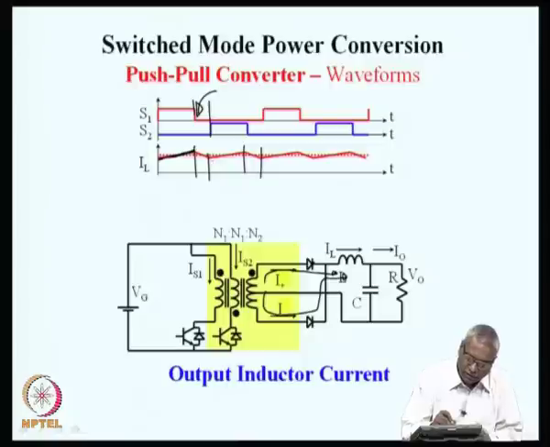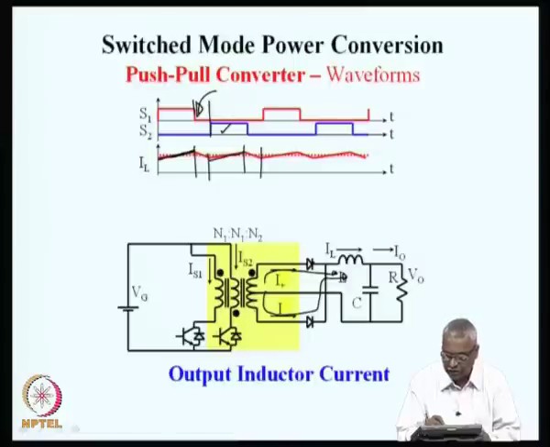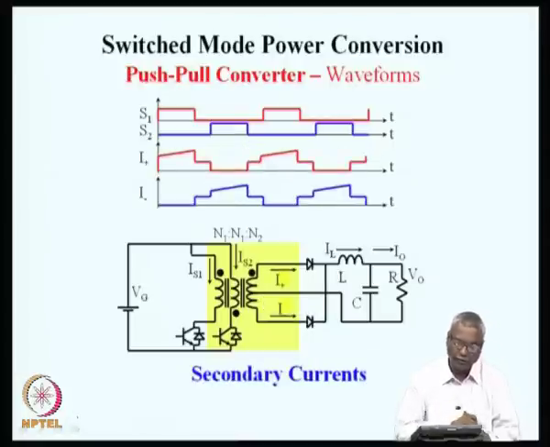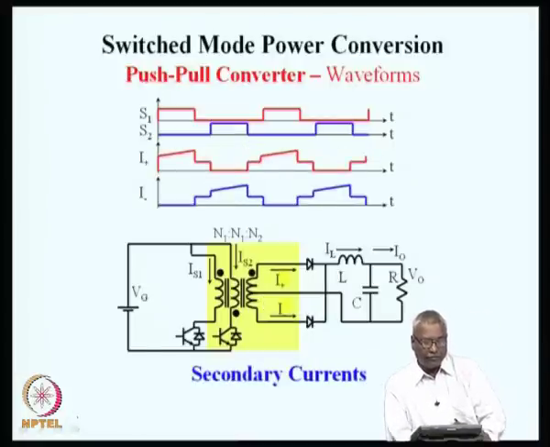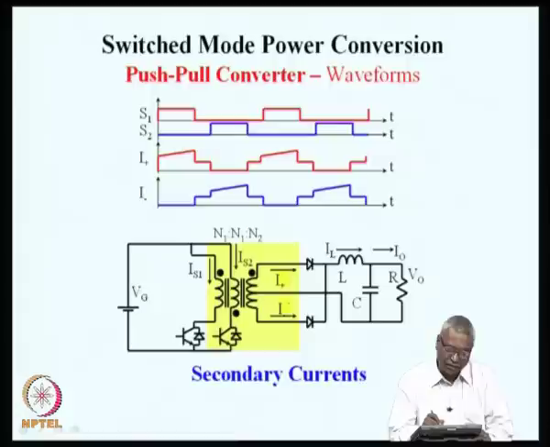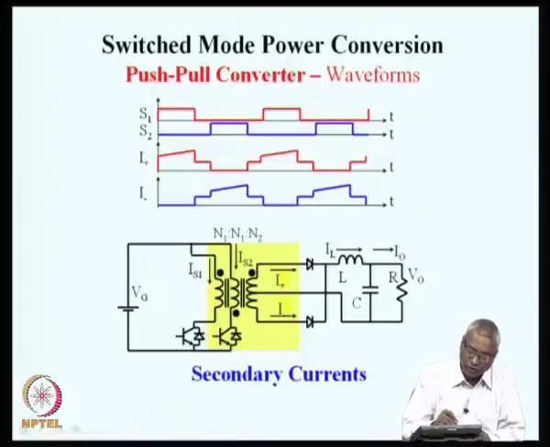And in the next half cycle, it is the S2 which is conducting, and again on account of that, through the bottom winding of the output transformer, through the bottom diode, inductor current is now increasing. So, effectively if we find out what is the current in I plus and I minus, during the active regions the current will be the same as the output current.